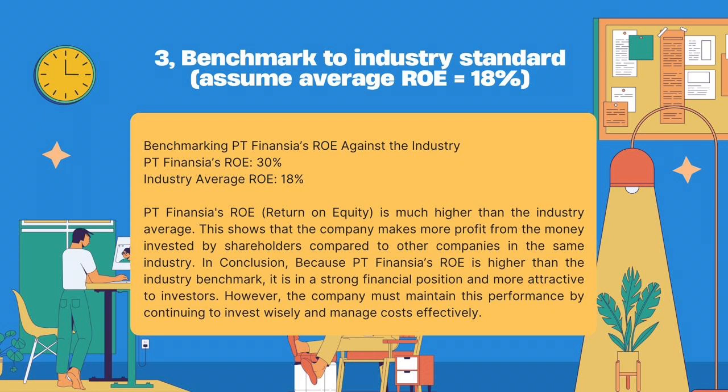And so in here, the company's ROE, or return on equity, is much higher than the industry average. This shows that the company makes more profit from the money invested by the shareholders compared to other companies